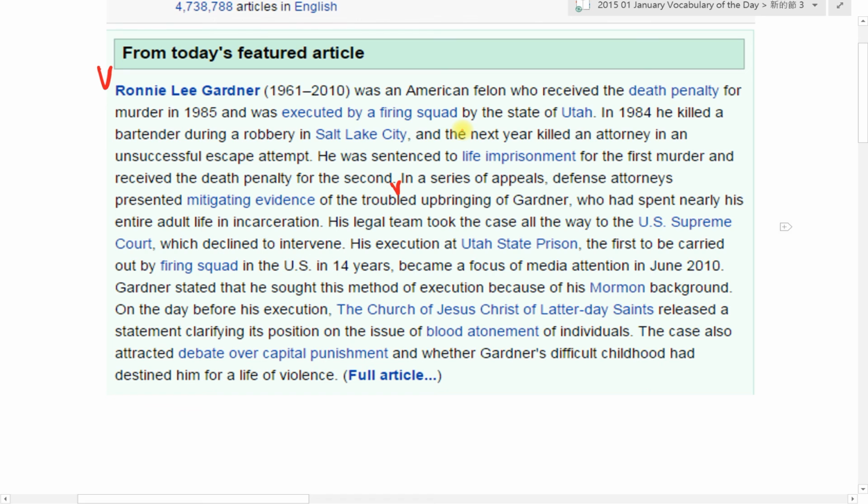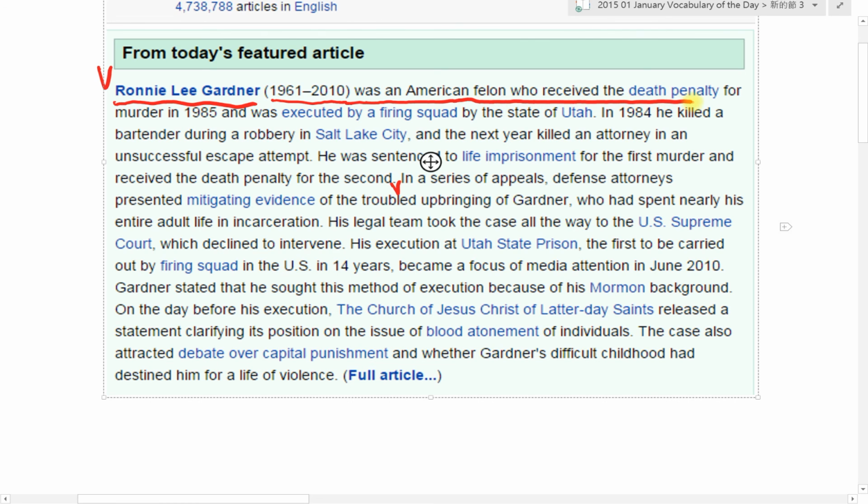好的，同学们记得要找到这篇文章的话，只要打 Ronnie Lee Gardner，在 Wikipedia 就可以找到这篇文章。这是影片。Ronnie Lee Gardner, 1961 to 2010, was an American felon who received the death penalty for murder in